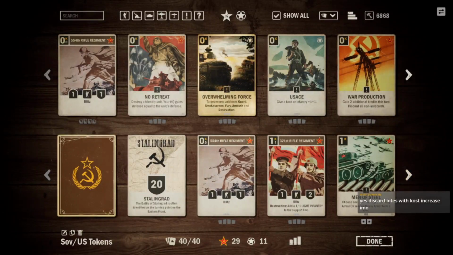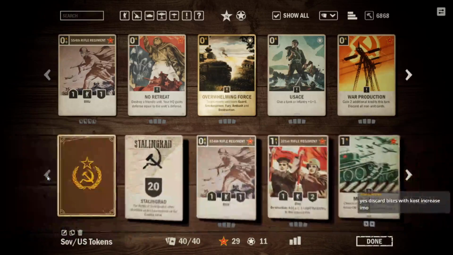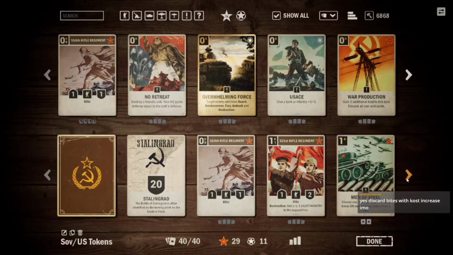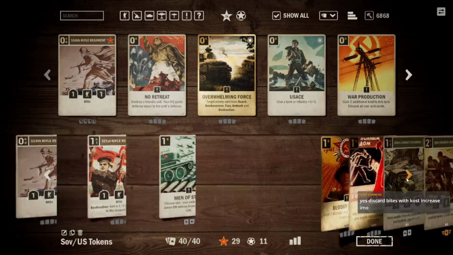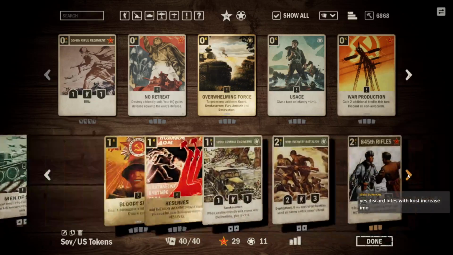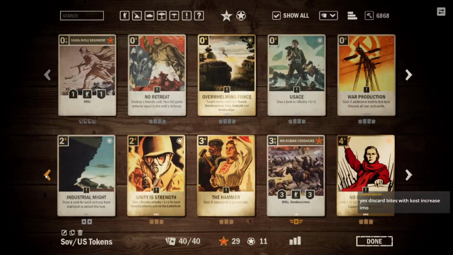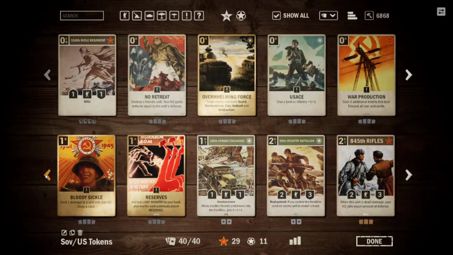So, Soviet US tokens. This is a list that I personally haven't played in a while, but I still think it sees quite a bit of play on the ladder, even now. It's probably fringe playable. I wouldn't even say it's a tier two deck necessarily at the moment, or at least not for the next little while. And this list is not going to look a whole lot different from a lot of previous